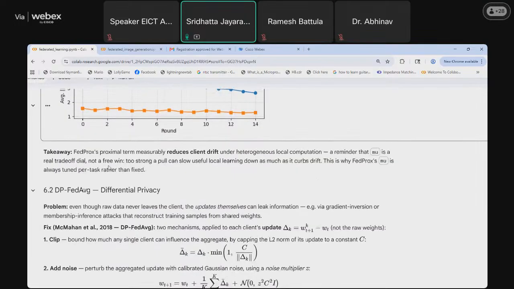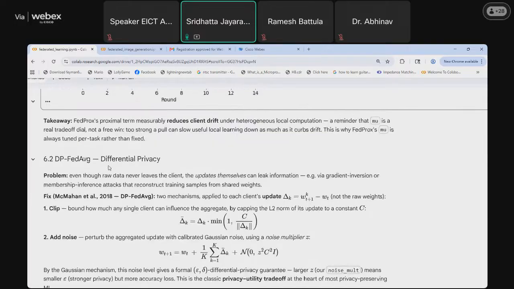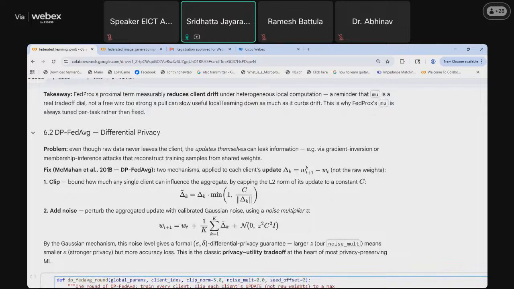So the main challenging part of the FedProx algorithm is that it tries to reduce the client drift when there is heterogeneous computation. Now coming on to the next algorithm, which is Federated Differential Privacy. What does this algorithm say?